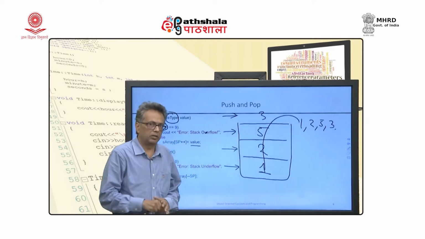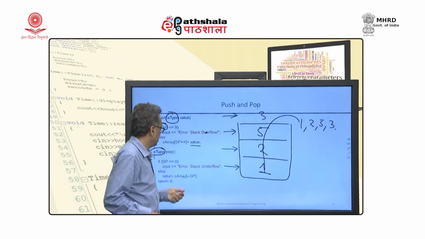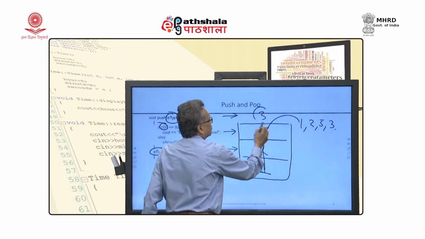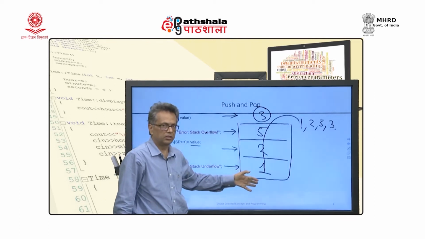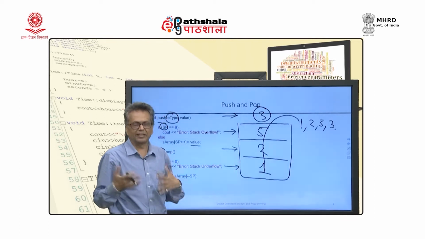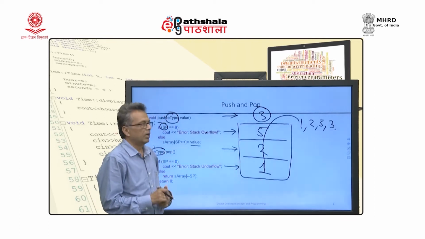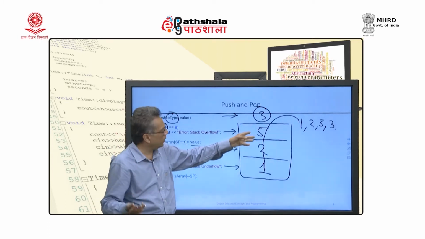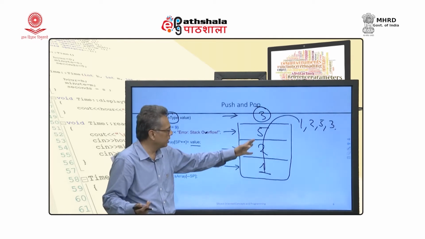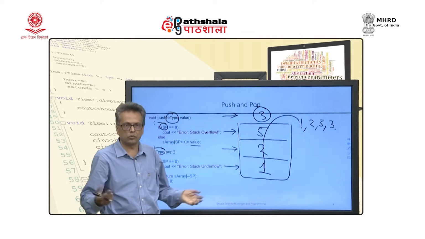And the pop function, which we are doing here, just takes the topmost element out. So, after insertion, which is known as push, when you say pop, the first element comes out as 3. When you again say pop, the next element comes out as 5, and the next element comes out as 2, and so on and so forth.